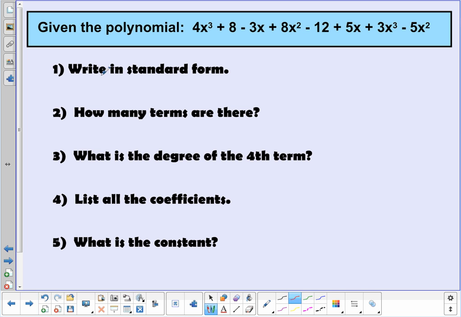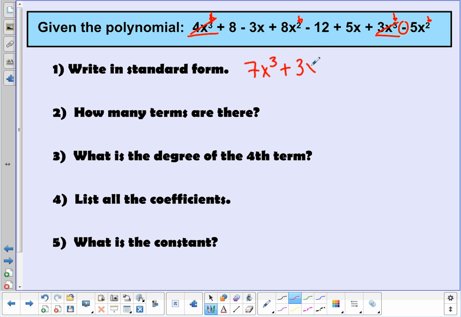Now here's how I like to write things in standard form. I look through all of the terms that I have, and I start by finding the largest power. The largest power that I see is 3. So I'm going to take my like terms that have a power of 3, and I'm going to put them together. 4 plus 3 gives me 7, so that's 7x to the third. Then I go to the next power down. The next power down would be 2. So I have a power of 2 here, and I have a power of 2 here. I'm done with the 3's, and by the way, if it helps you, you can cross them out as you go. So I have 8x squared minus, don't ignore that negative that's in front,